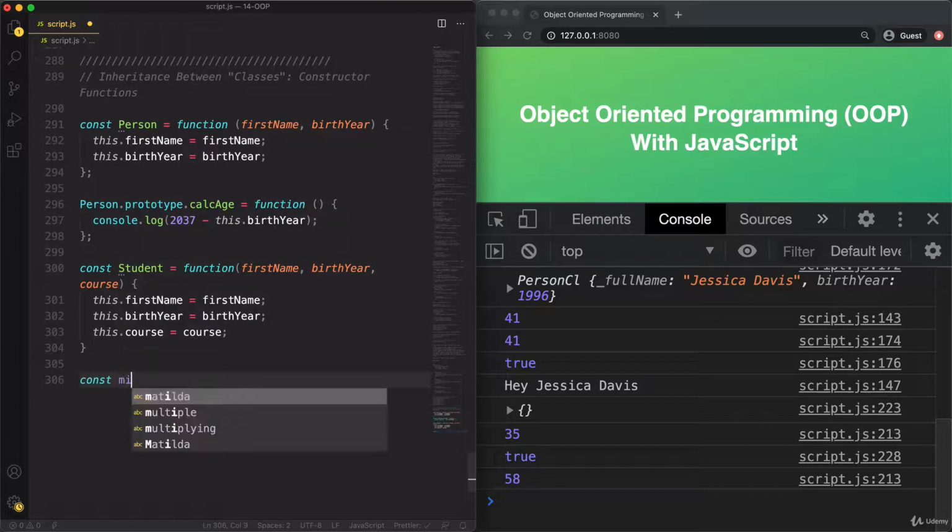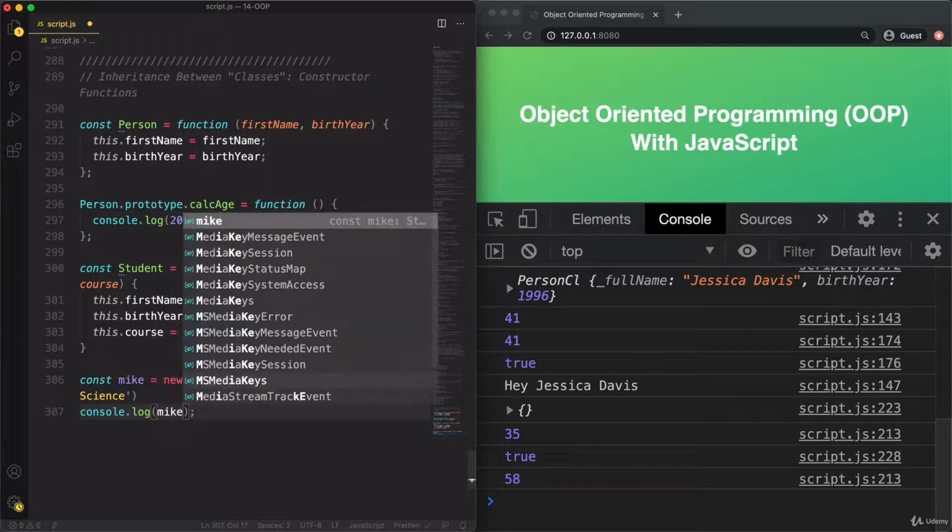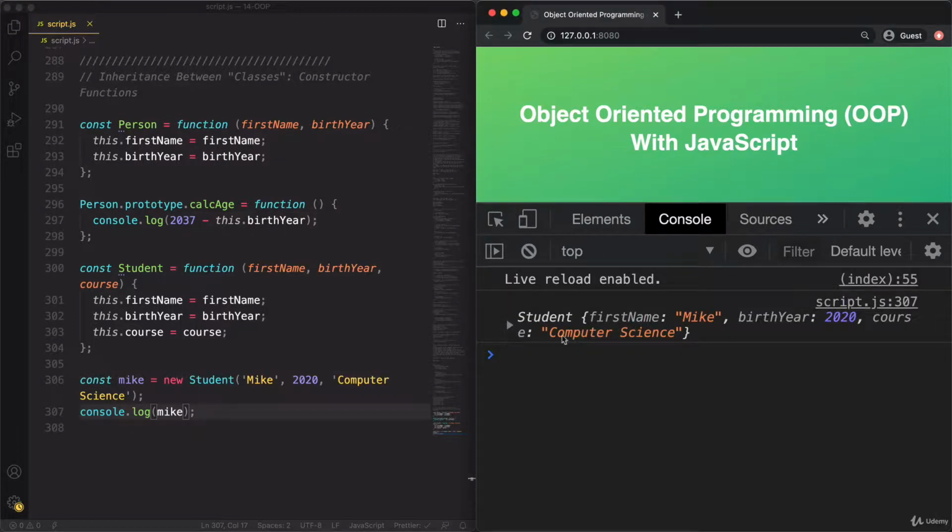So now let's actually create a new student. So I'm calling him Mike here. Born in 2020 and studying computer science. And just to make sure, let's log in to the console. And here indeed it is.